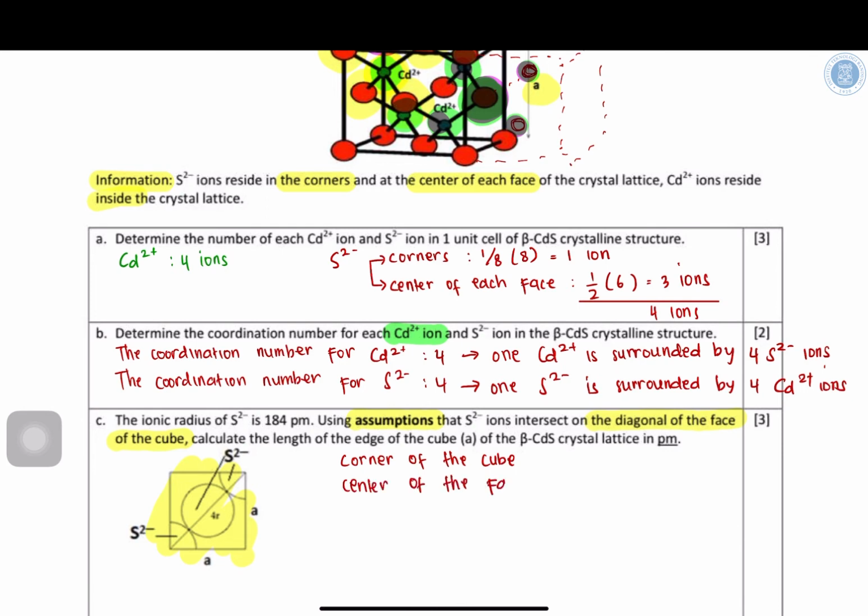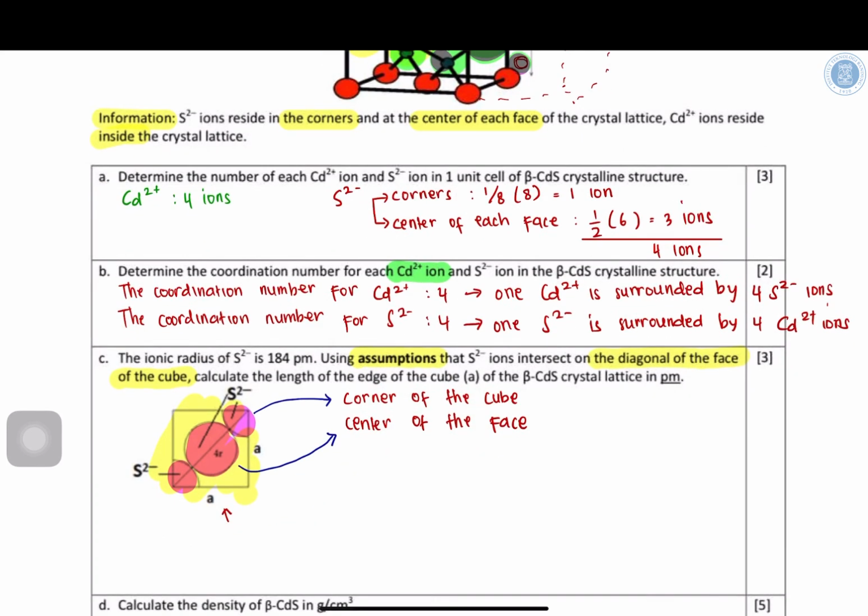So if we take one face of the cube, this one is in the corner, which is shared among 8 cubes, and this one over here is the one in the center. Now, because there is an assumption that it intersects on the diagonal of the face,